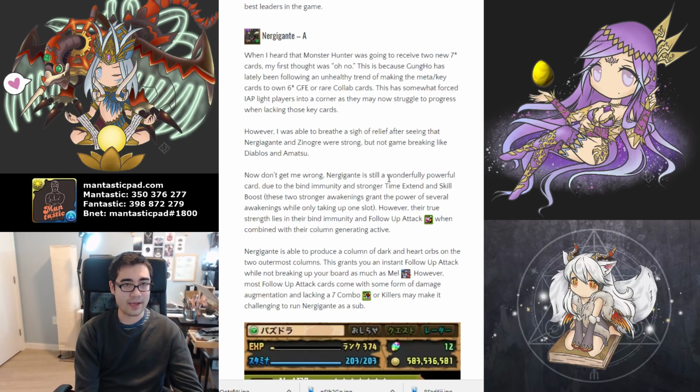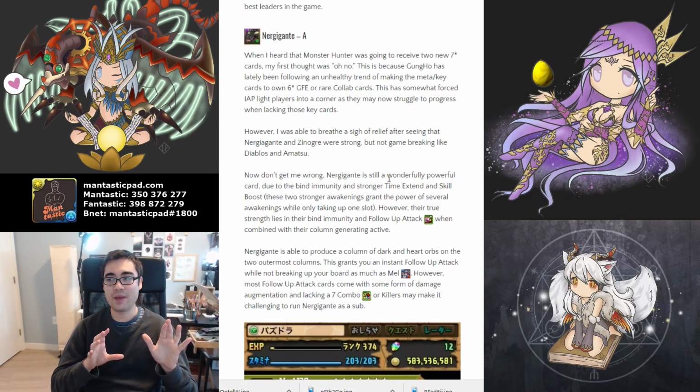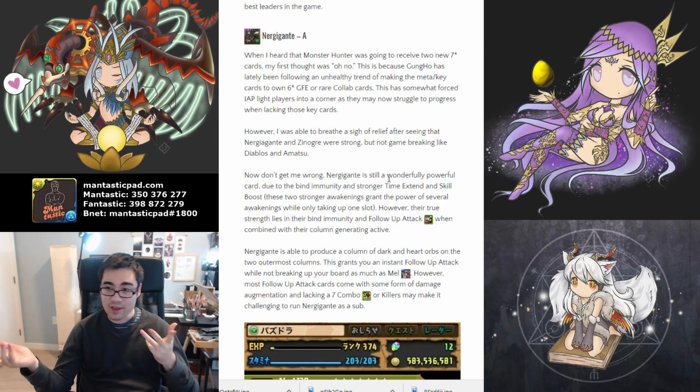Next is a card whose name I cannot pronounce, and they are a new 7-star card. And when I heard that they're giving out 2 new 7 stars, I was a little scared and skeptical because I don't like the unhealthy approach Gung Ho was taking, that they are making 6-star Godfest exclusives and rare collab rolls the most powerful cards available in the game. It makes sense that they are more powerful because they are more rare, but we're getting to the point where